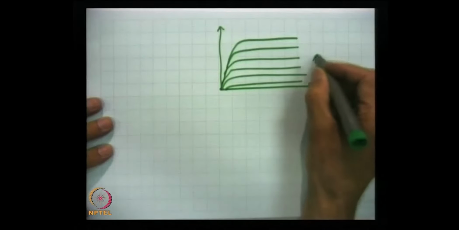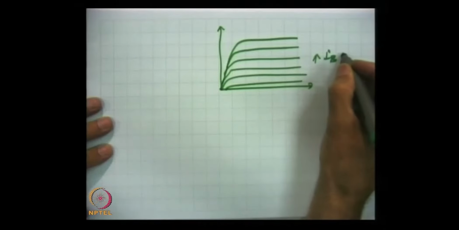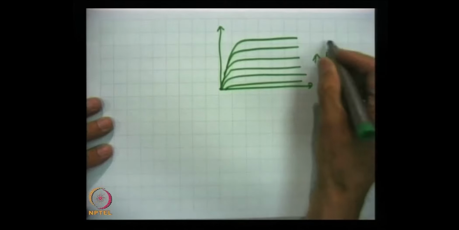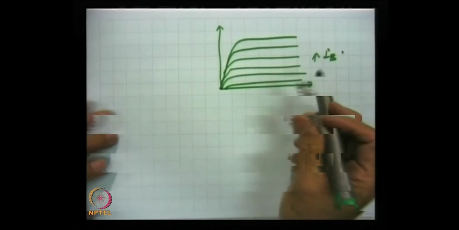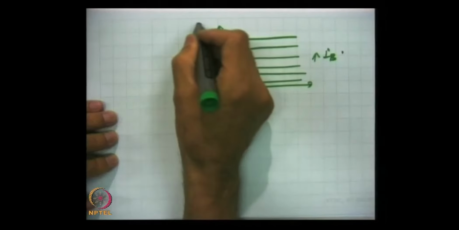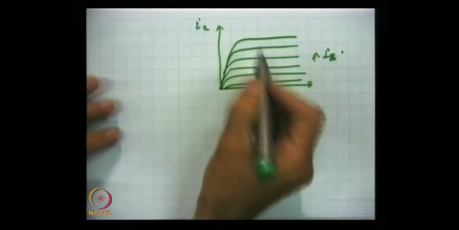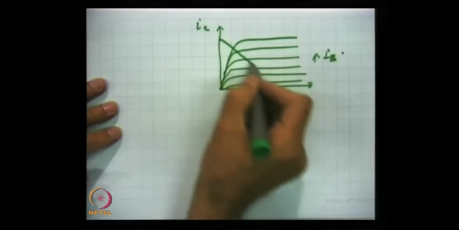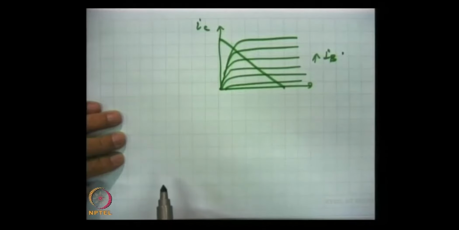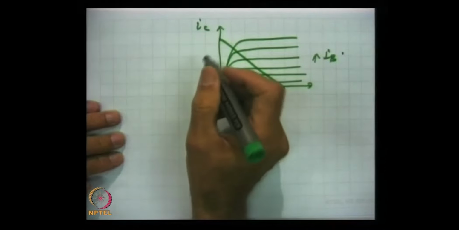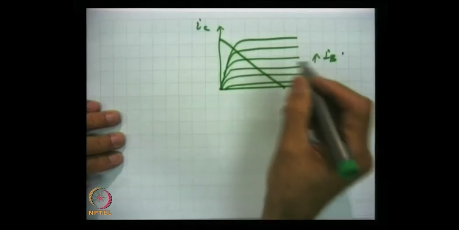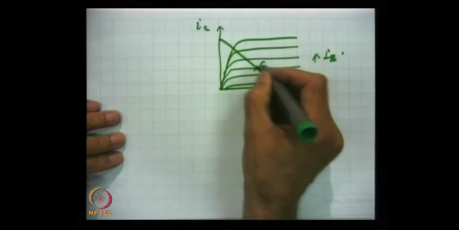This is IB that varies this way, and this is IC, and we draw the AC load line where we choose the operating point here, Q,